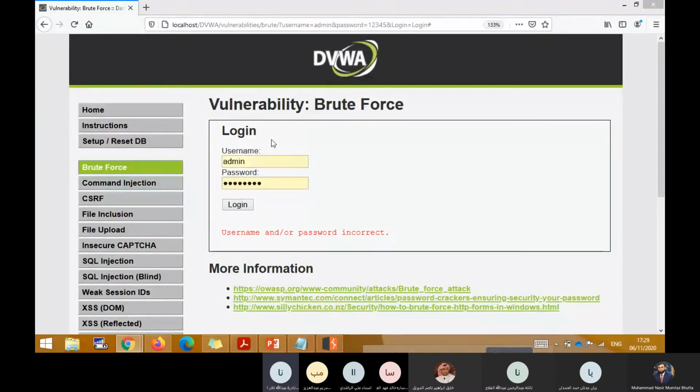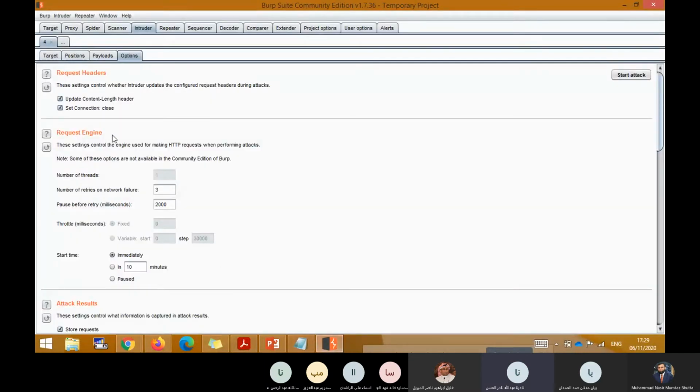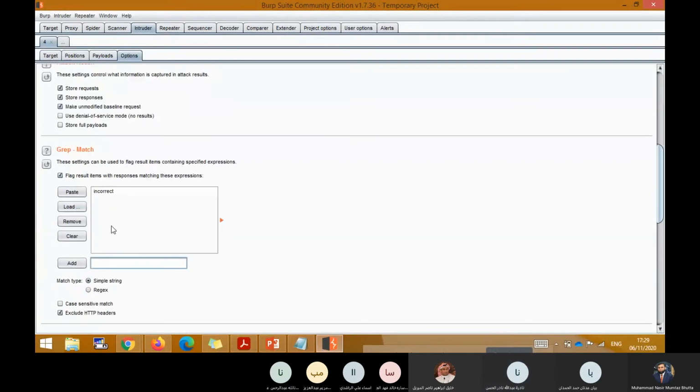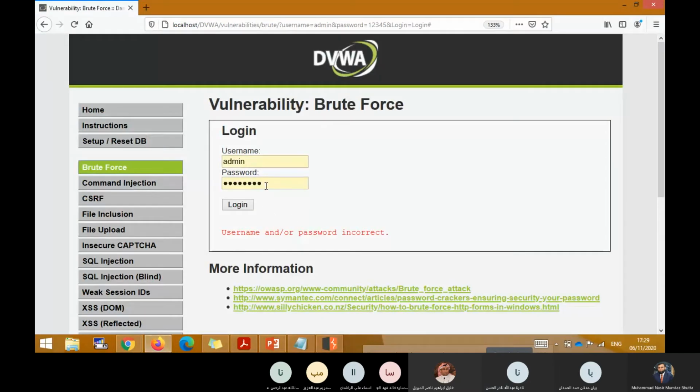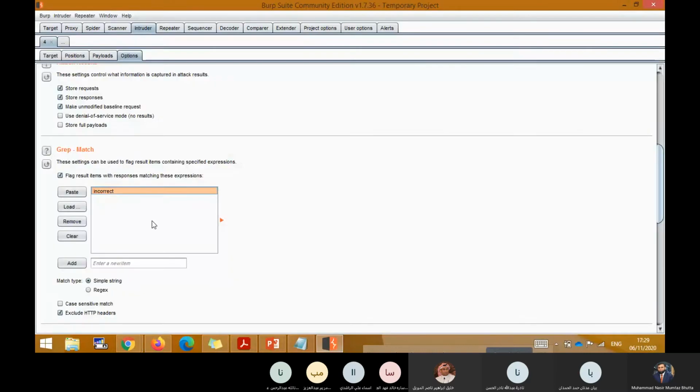Doctor, I have a question. The check flag, I do it manually by myself? Yes, you check it manually because it is based on your observation. When you first investigate, as I told you, you enter the wrong password and see the behavior of the application. So you need to find something unique in the wrong behavior so that you can use that to create the flag, so that you can know which website worked correctly. Clear?